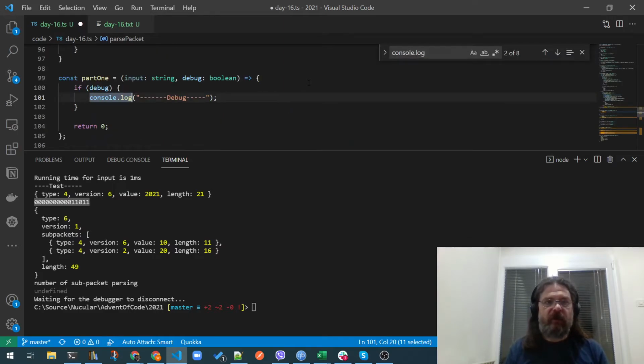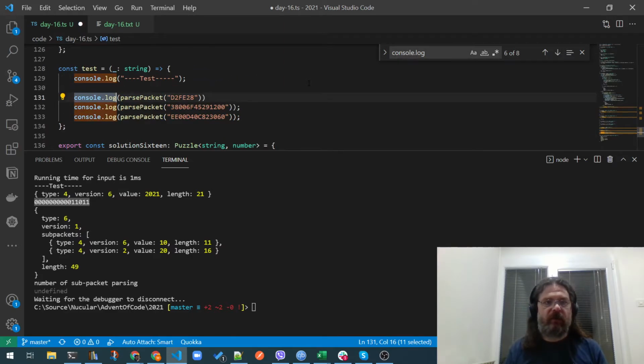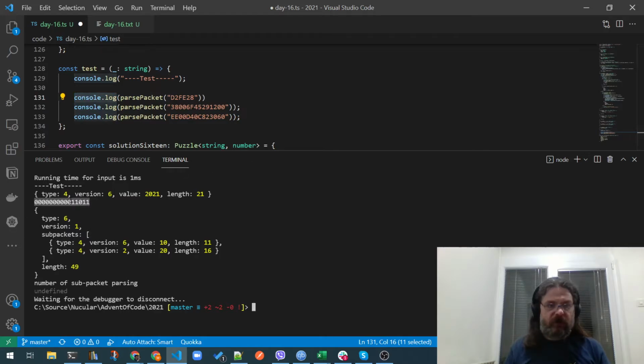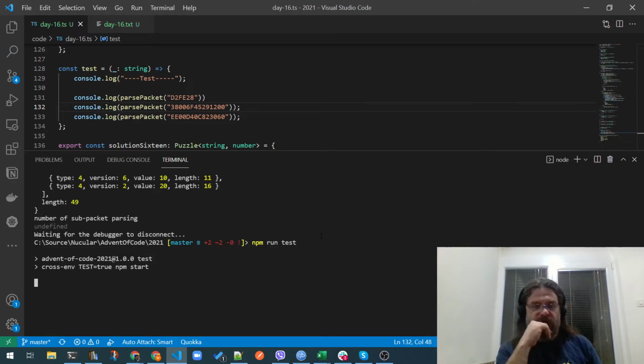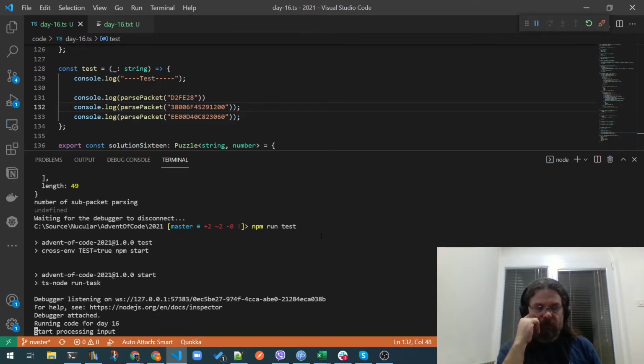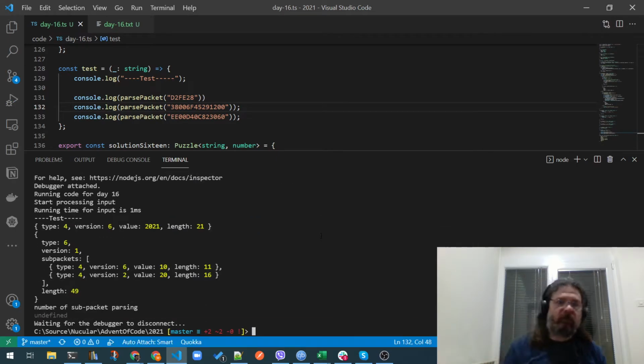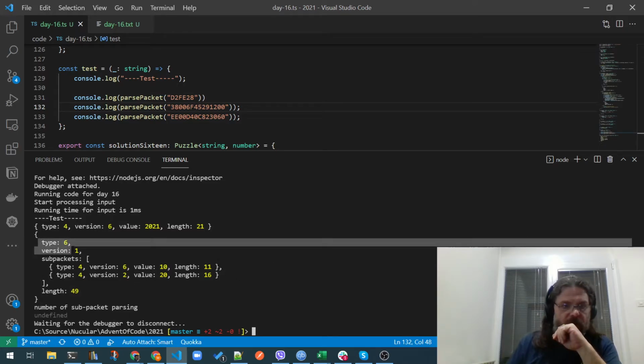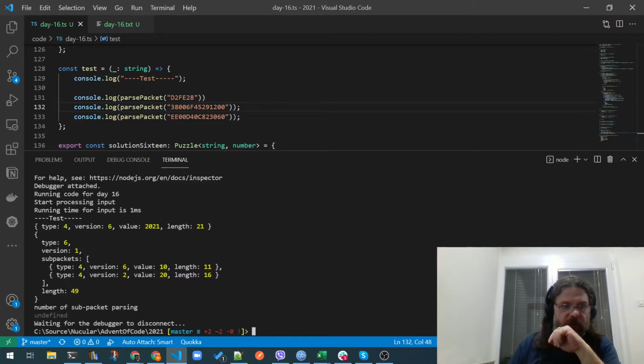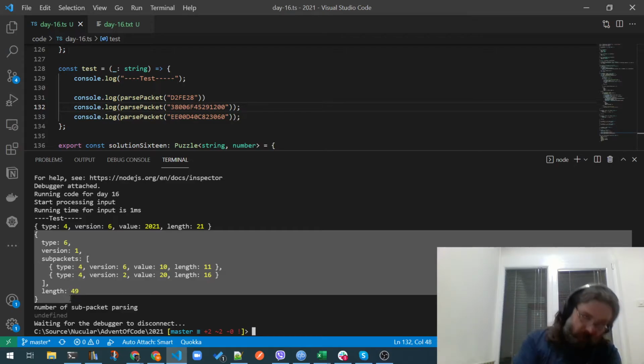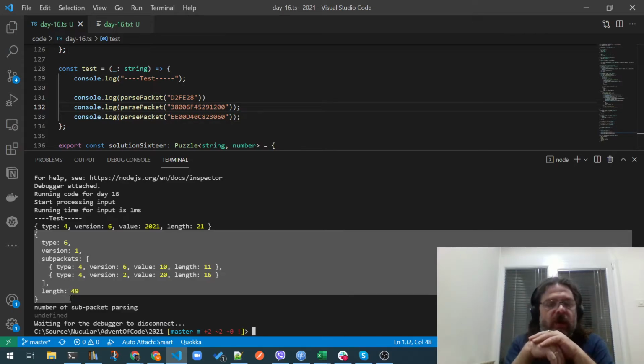We have it here. Okay. Yeah, so I was hunting for this one. So we have the literal, the operator 0 that has 2 subpackets that were literal inside of it, and now